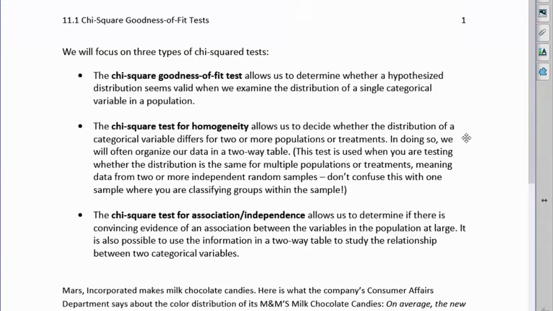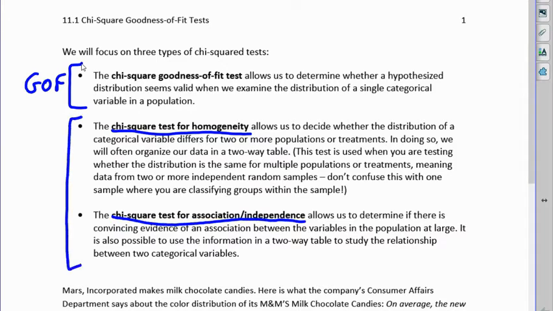These are the only tests in this textbook about categorical data. Today we're going to be looking at the chi-squared goodness of fit test, abbreviated GOF. And then next class we'll look at two other chi-squared tests, which are the chi-squared test for homogeneity and the chi-squared test for association independence. Those tests we'll do next class, and I'll discuss them next class. That's in 11.2, and they're done the same way,